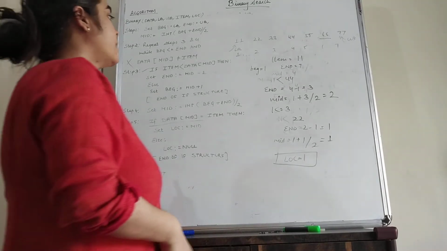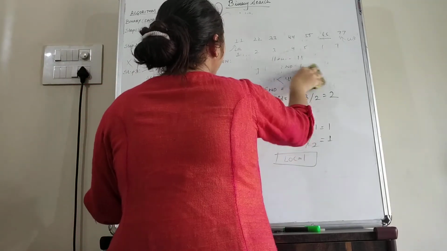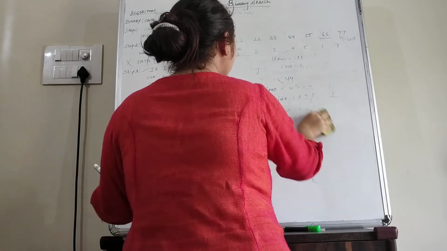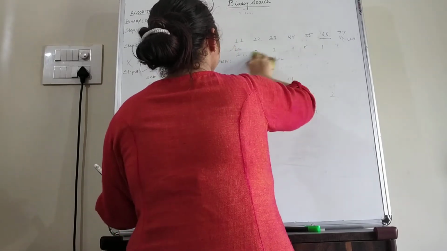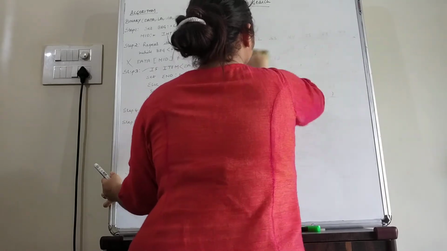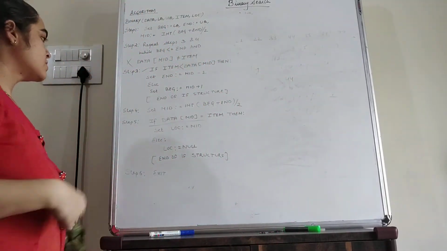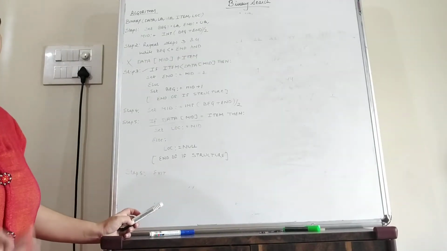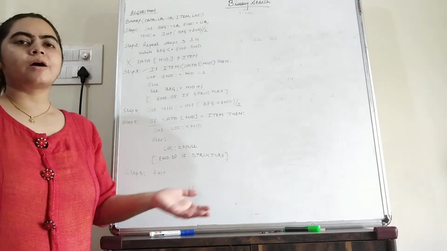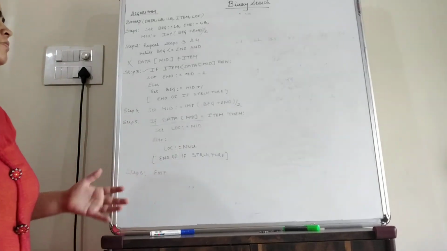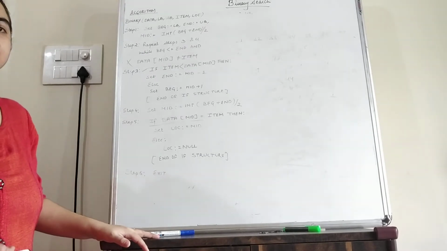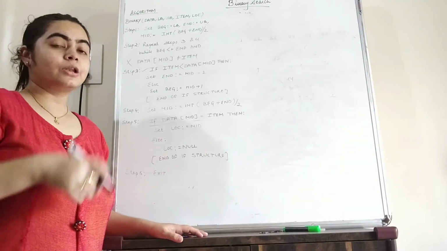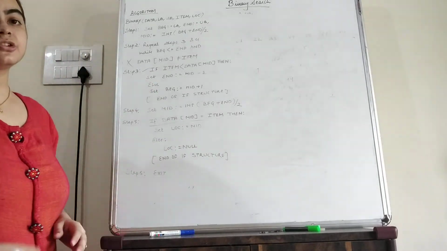Now students, time complexity means how much time is required in order to search the element from the list. So we can see the best case as well as the worst and average case. In exams they will only ask you what is the time complexity of binary search algorithm. They will not mention whether it is a best case, worst case or the average case. Every time you have to write the worst case only, because if nothing is mentioned then only you have to mention the worst case. If it is mentioned then you have to choose the value according to the thing that is mentioned in your question.